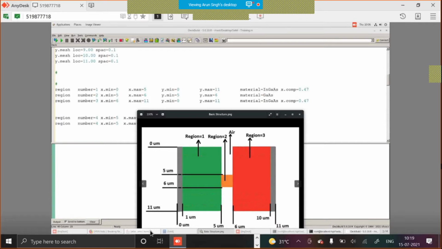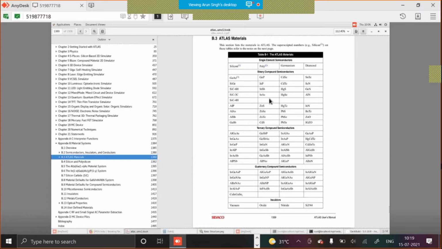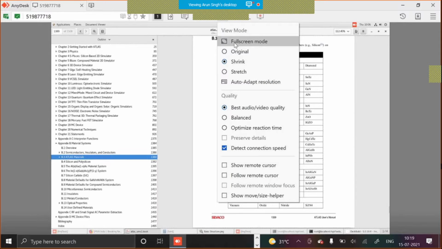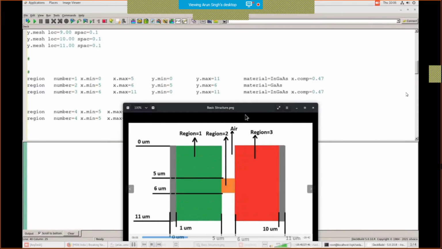You can find all the materials which are used in Silvaco in this appendix, Atlas materials. It is appendix B, where all the materials are given with their properties which can be used. So you can see this manual here.